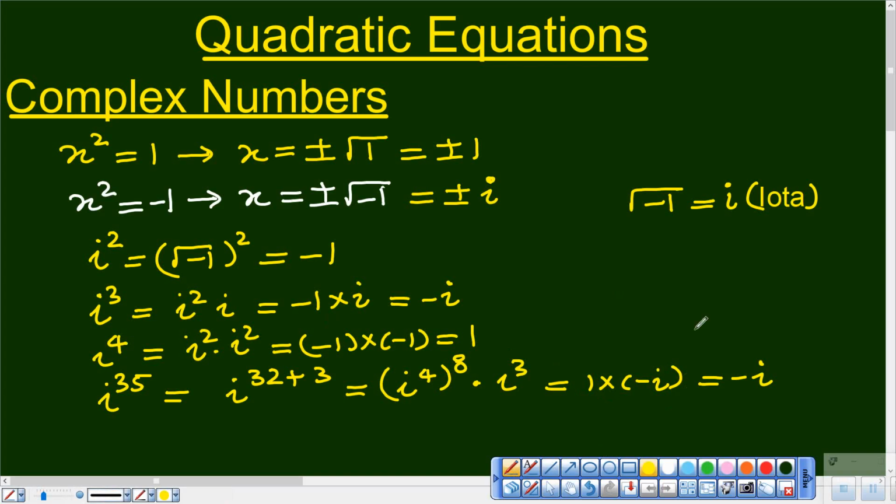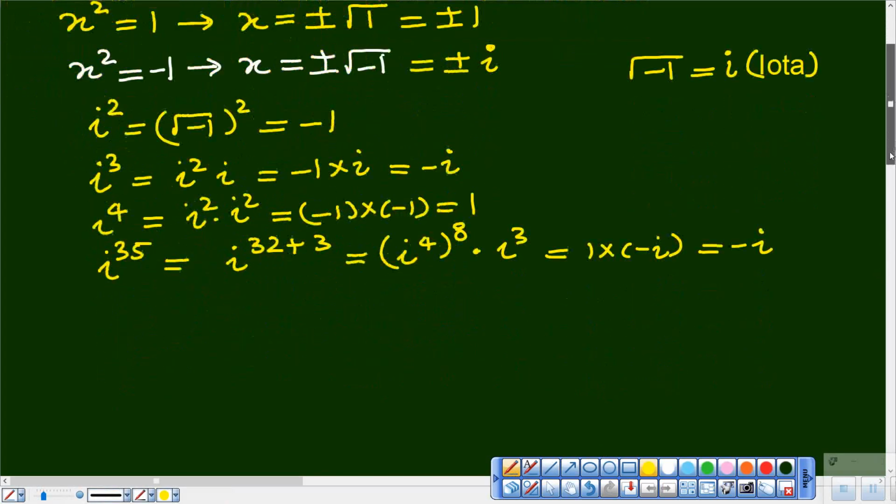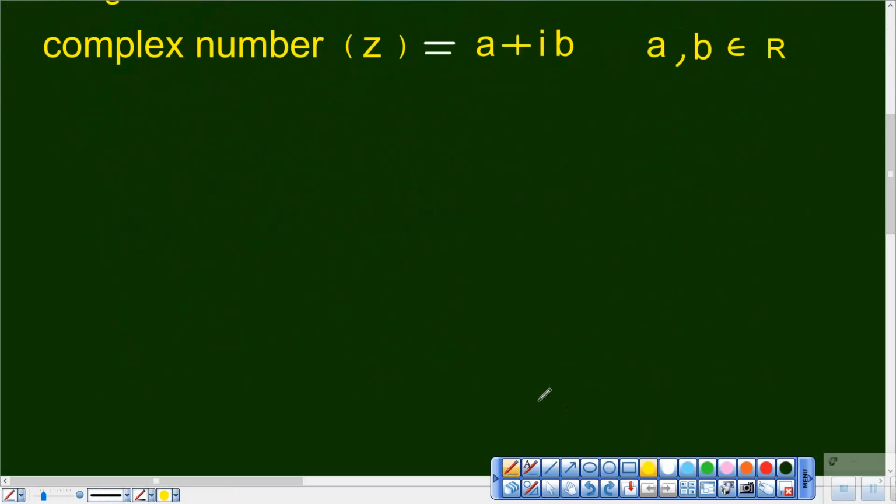Now, what is a complex number? Well, a complex number is a pair of real numbers. A complex number, which is denoted by the letter Z, is nothing but a pair of two real numbers, where a and b are real numbers. They belong to real numbers and they are connected by i. So one of them is multiplied by i, that is the square root of minus 1, and added to the other real number. They can't mingle together because one of them is multiplied by i. So this is what a complex number is.